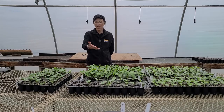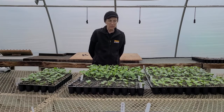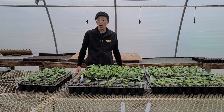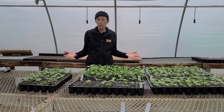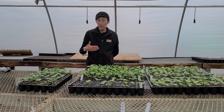Okay, so here we've got a bunch more cucurbits, so things in the squash family, and these are for what we call a cucurbit downy mildew sentinel plot. And it's a sentinel plot because it's watching out for something, and it's watching out for downy mildew. Downy mildew is a disease that does not overwinter up here outside in the north. And so if we're going to get cucurbit downy mildew, it's because the spores have blown in from someplace warm,